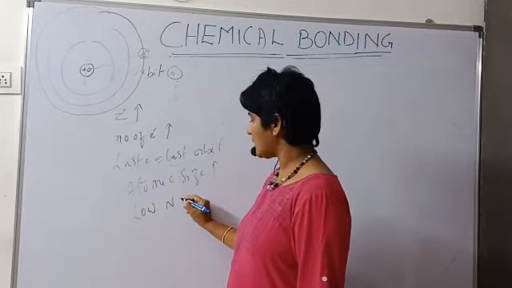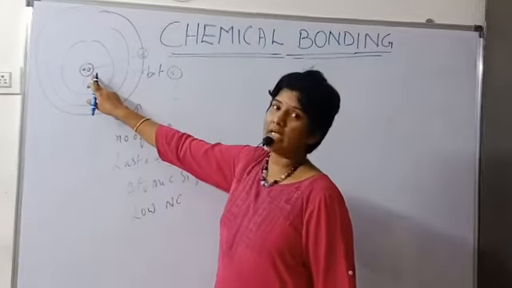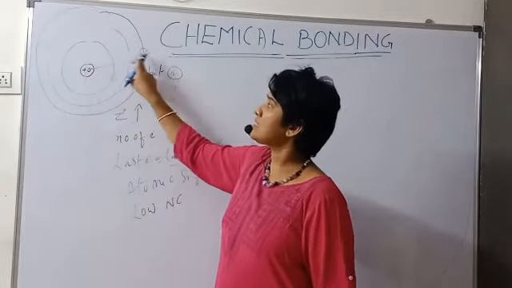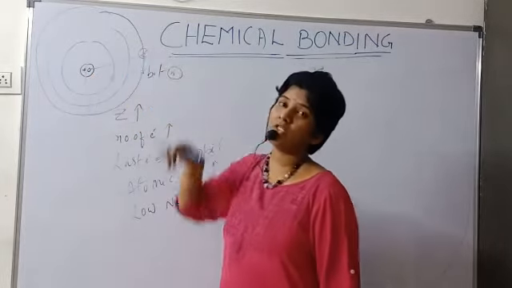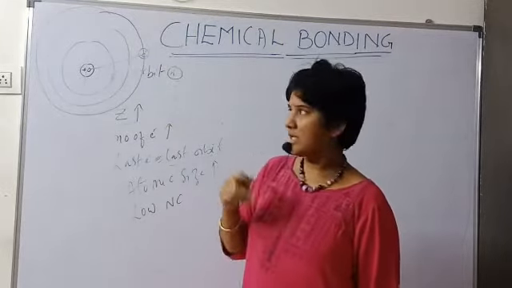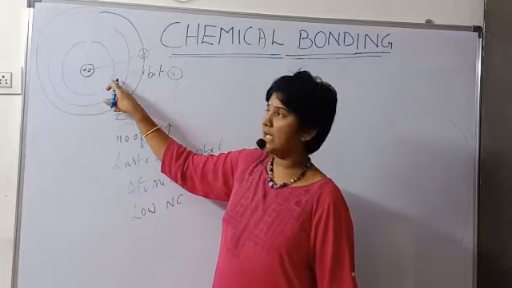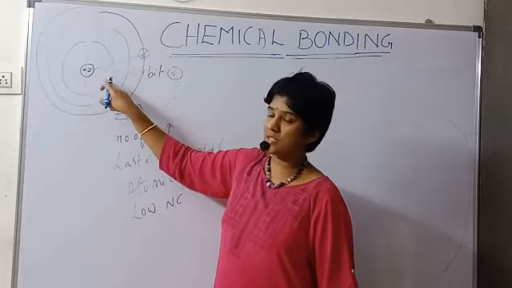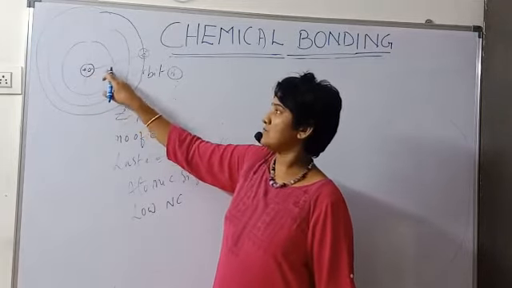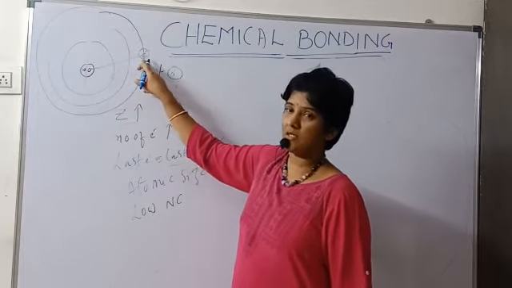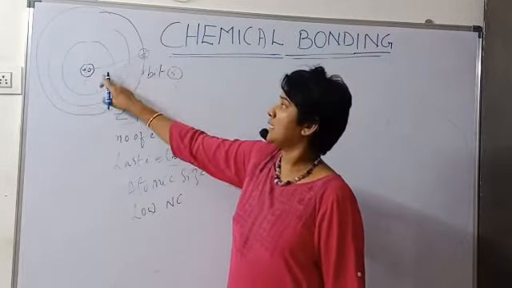So in a large atom, the nuclear attraction of the nucleus on the electron is less. Or you can see here, the attraction of the nucleus on this inner electron is more because it is close. At the same time, as it is moving away to the last electron,